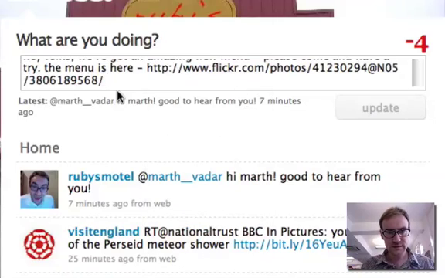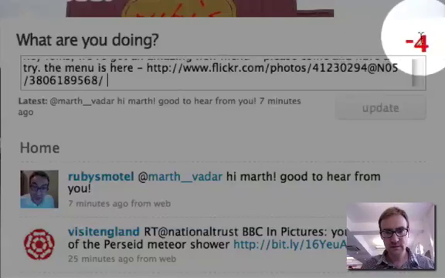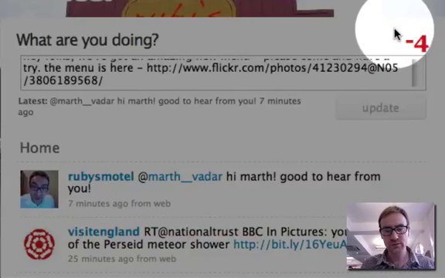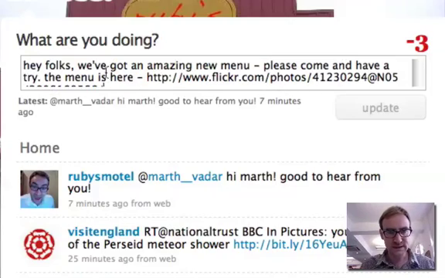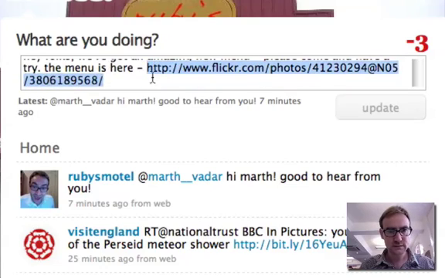now you see this is too long. This number here at the top right tells you how many characters you've got left. Remember, you've only got 140 characters, and this shows me that I'm 4 characters over. So what I could do is I could edit out the text here to make it shorter, or I could take this website address